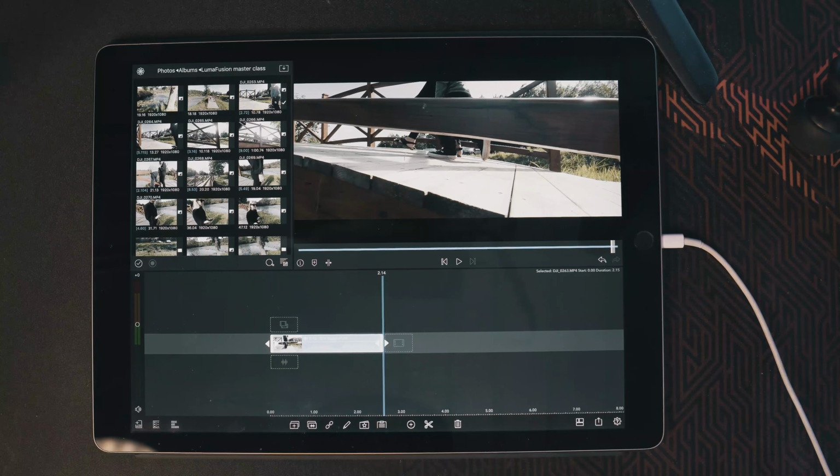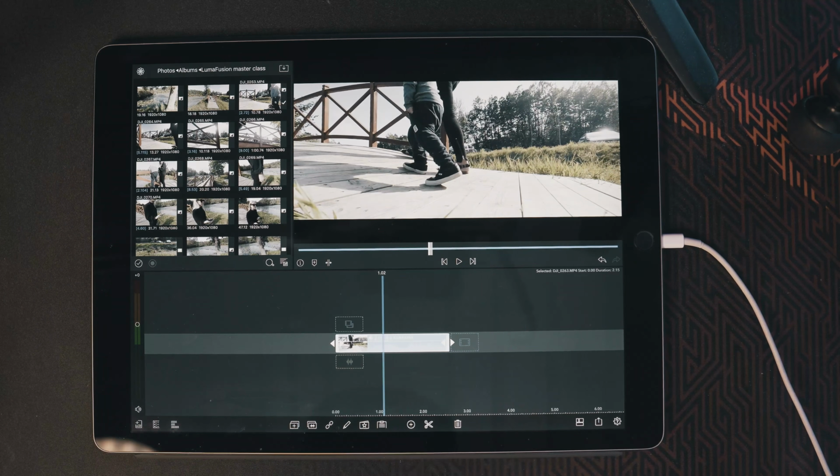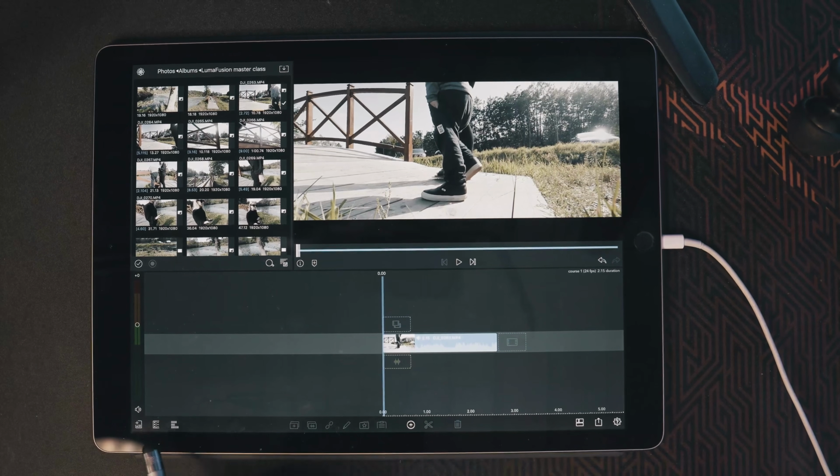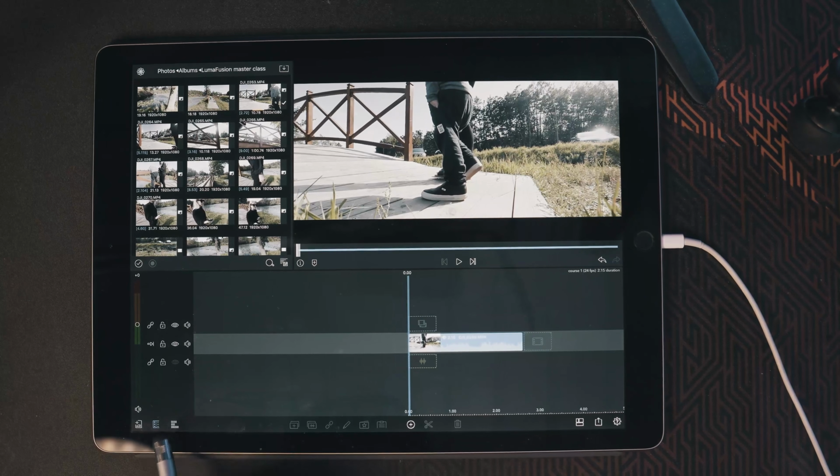You can see it goes a little bit fast and it's a little bit shaky. I also want to remove the sound of this video file, and you can do that by tapping on the detach audio button, which is right here, and the trash can. You can also go over to this button right here, tap on that one, and you can mute the audio